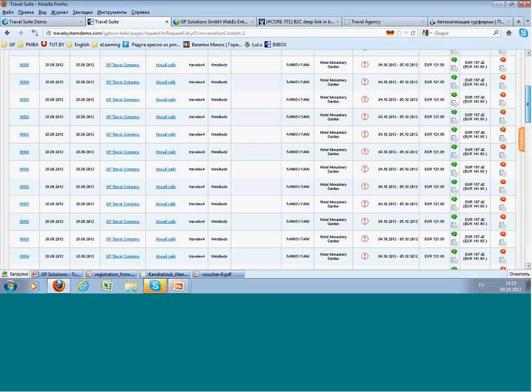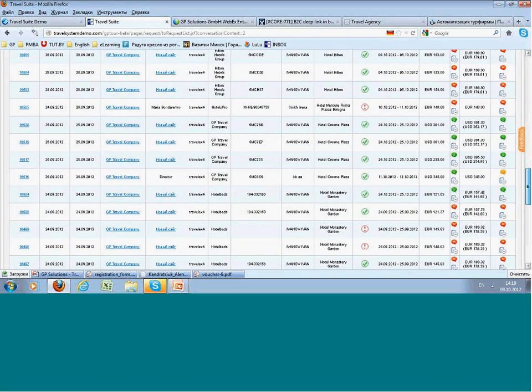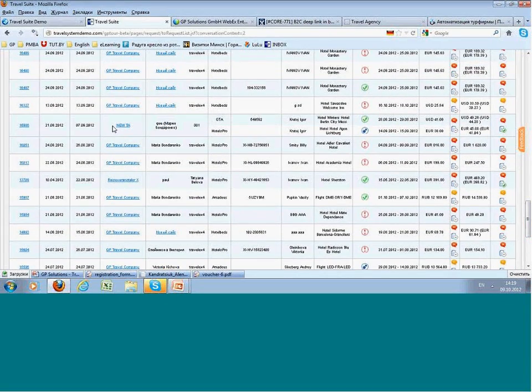You see here reservations made by your website, and here reservations made by external agencies. So this is the screen where you manage all the reservations that occur in your system. For each reservation, you see reservation number, reservation date, travelers, and what product has been booked, as well as their statuses and prices, how much you need to pay the supplier, and how much you will get from your